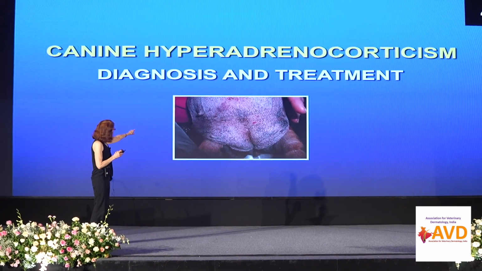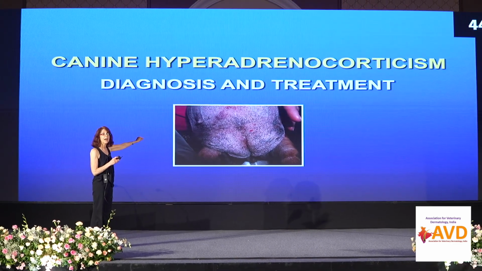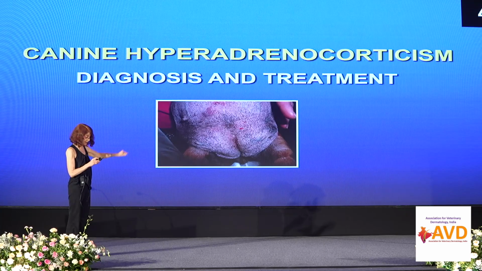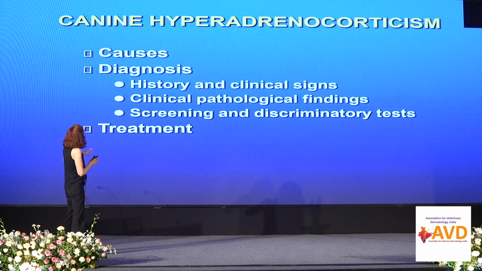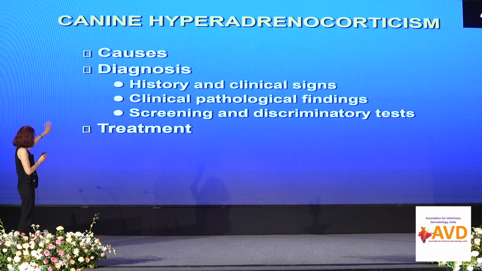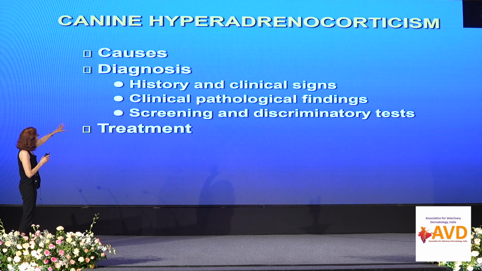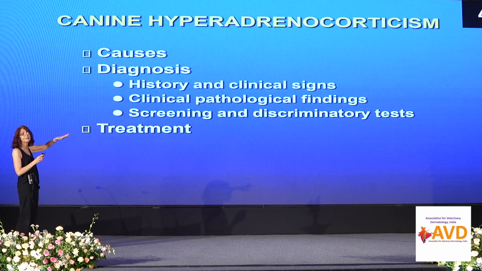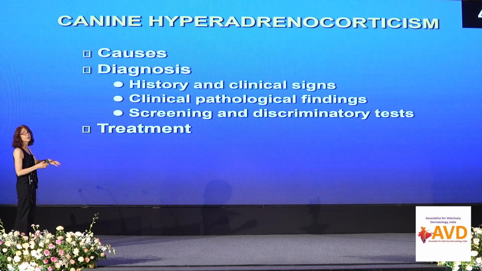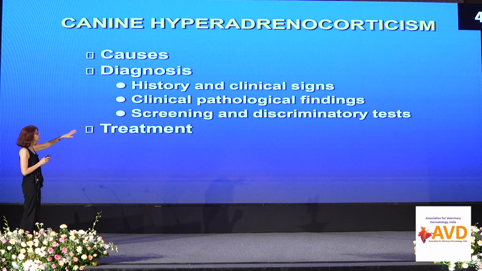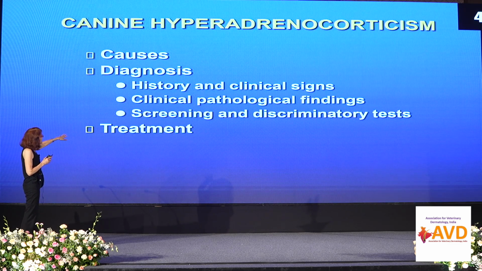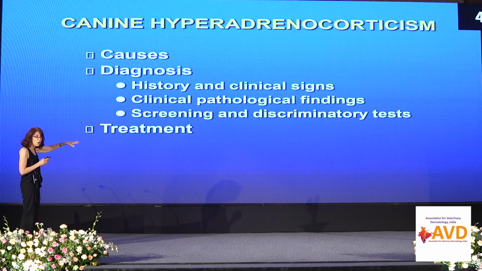Okay, so it's like in the belly of this dog, it's saying, I have Cushing's disease. It's really clinical, more than hypothyroidism. So we'll talk about the causes briefly, then the diagnosis. I'm including here history and clinical signs because this is extremely important in the diagnosis of Cushing's, as in hypothyroidism, as in any other skin disease. Then the clinicopathological findings that can support a presumptive clinical diagnosis, screening tests, meaning the tests that you use to diagnose the disease and then to localize it, and treatments.